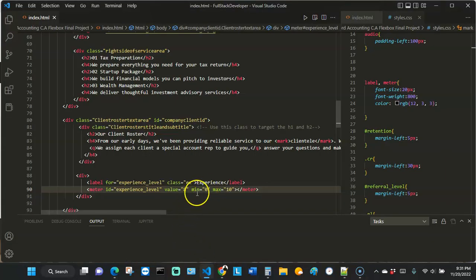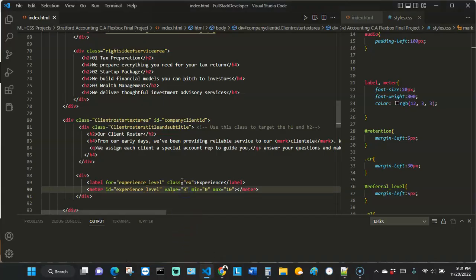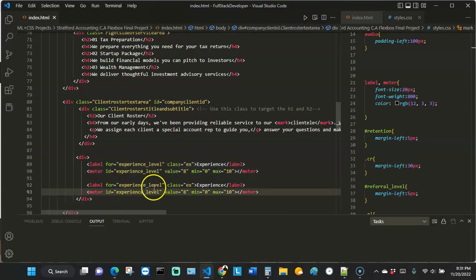Okay, you can always adjust this any way you want to. If we set it down to 3, of course you don't want to set it to 3, but just to show you that you could set it, and then you could see the progress bar move down that way. All right, so I'm gonna keep it right at 8, and then we want to add some more progress bars. So instead of rewriting the whole thing, I'm going to go ahead and just copy what I just wrote here, copy that and paste,